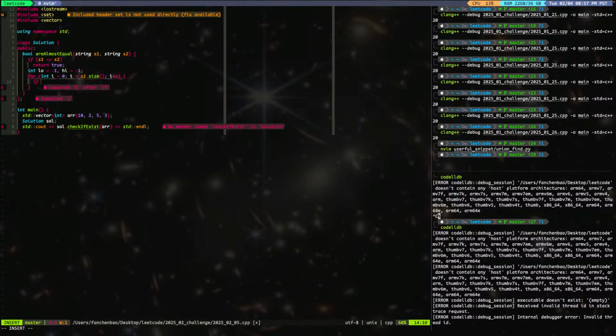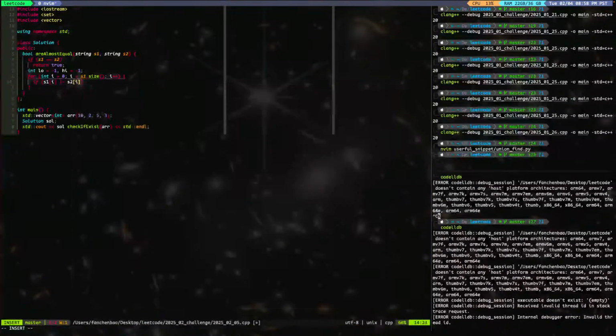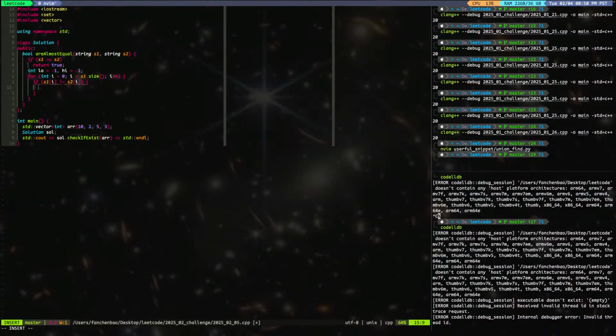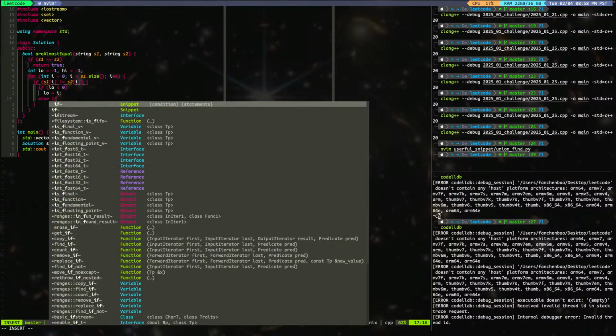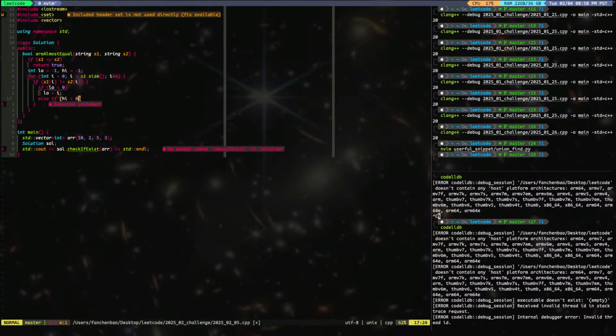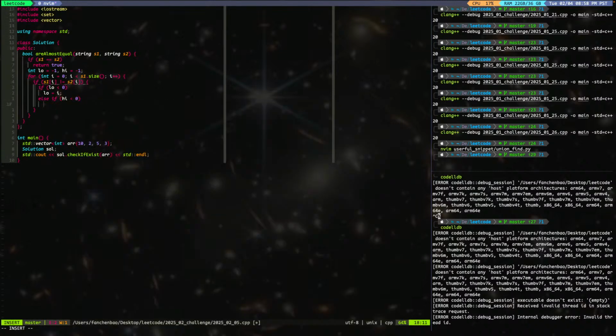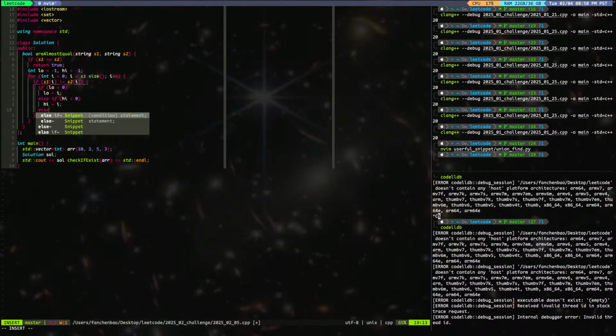If S1[i] is not equal to S2[i], if low is smaller than 0, low equals i, else if high is smaller than 0, high equals i, else